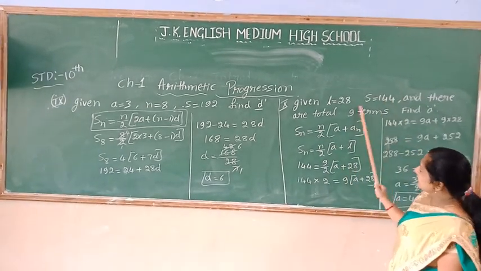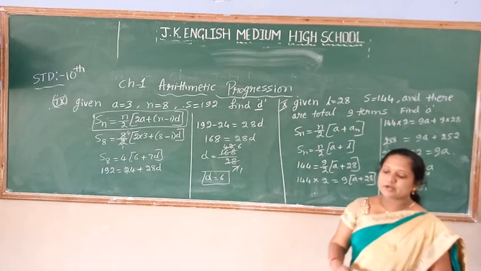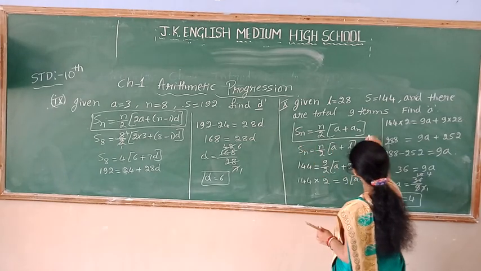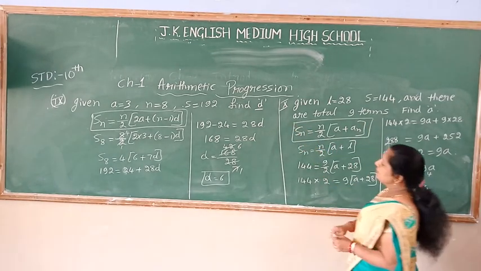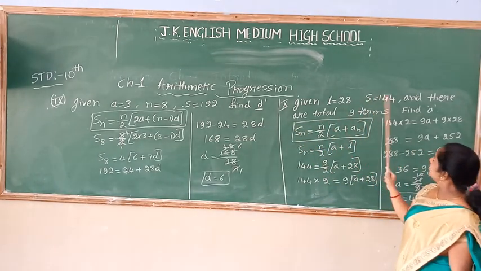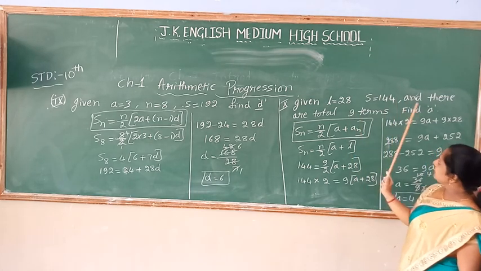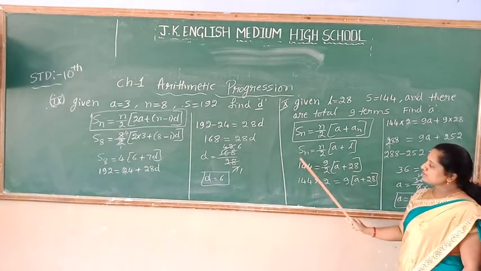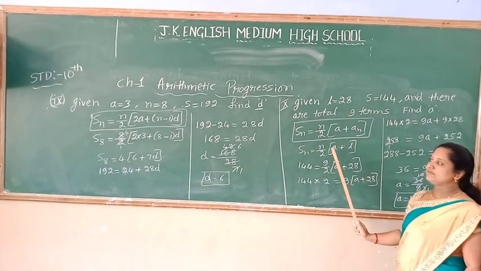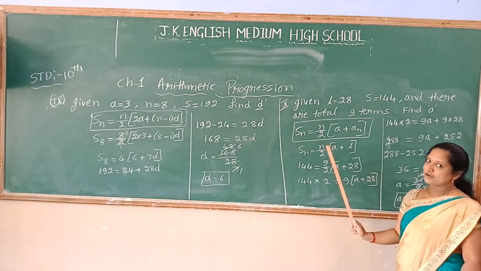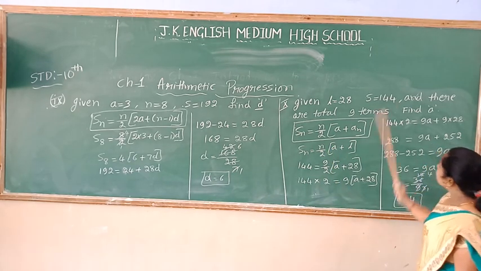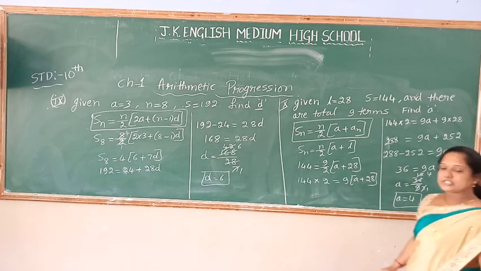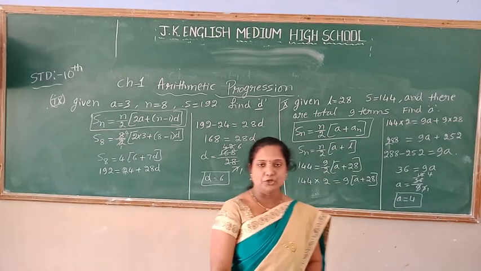So when they are given all these values, which formula do you have to use? You have to think and write the formula. Observe this formula now. In this formula, the n value we know, that is 9. The a value I find out, and an we know, that is nothing but the last term. So in this formula, the remaining three variable values we know, and the other variable we have to find out is the first term. So substitute all the values and simplify, you will get the a value as 4. Okay children, write it down in your notebook.